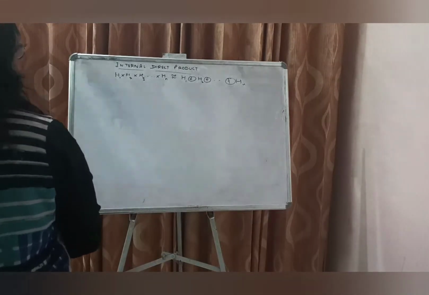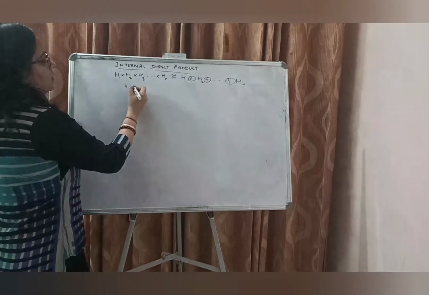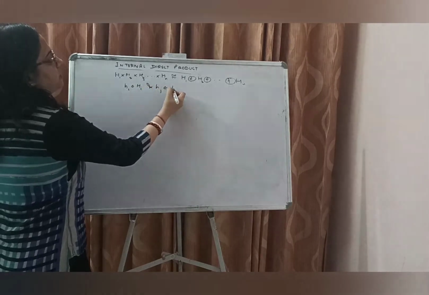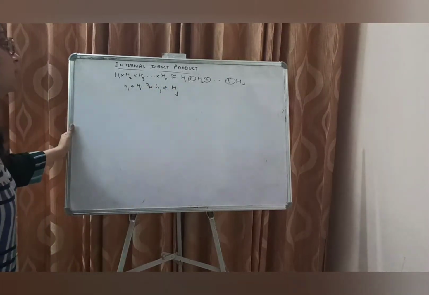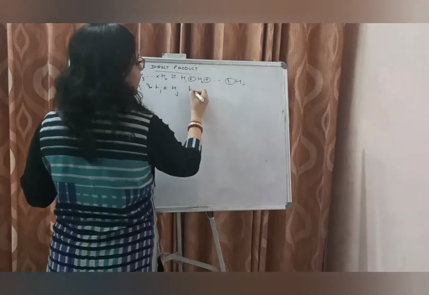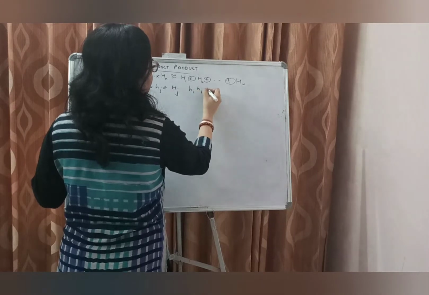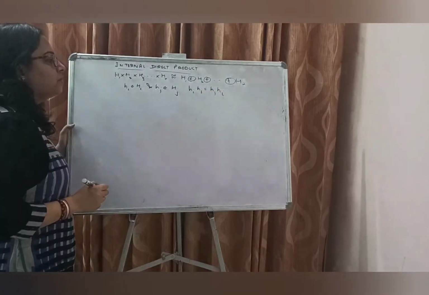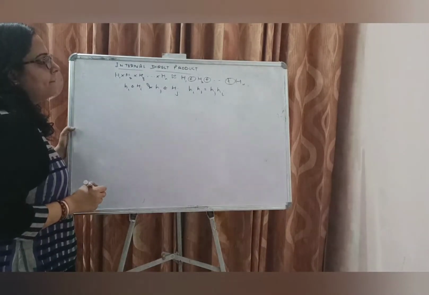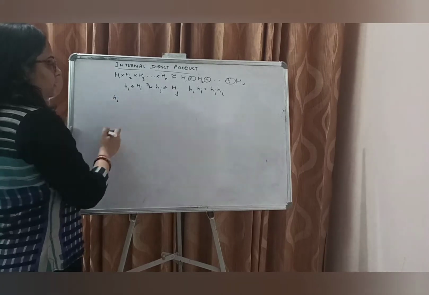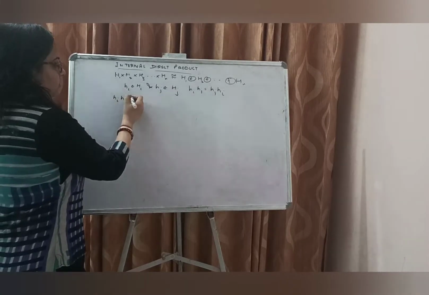So if hi belongs to Hi and hj belongs to capital Hj, in this case, we need to prove that hi hj is equal to hj hi. Okay? So how we shall prove that? We know that hi hj